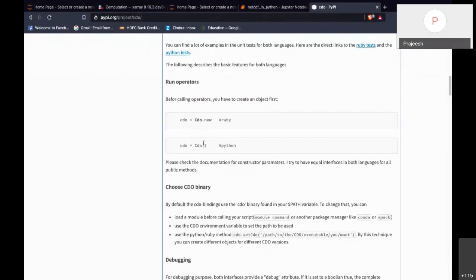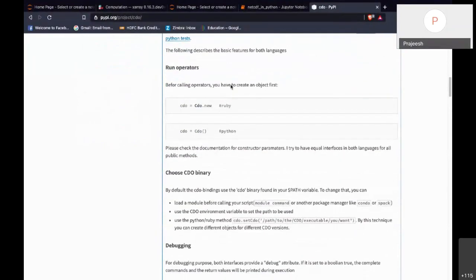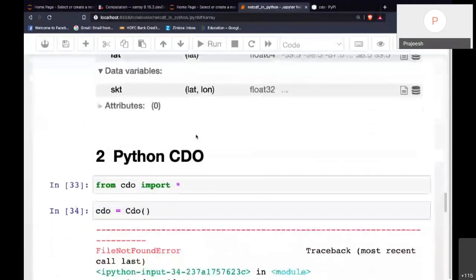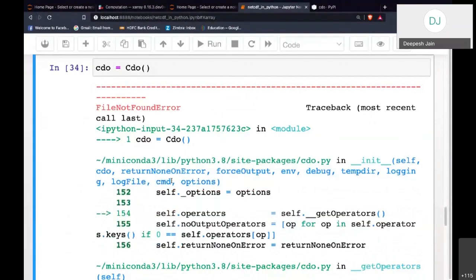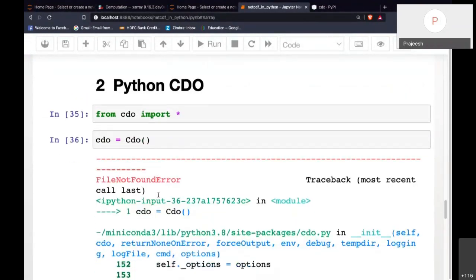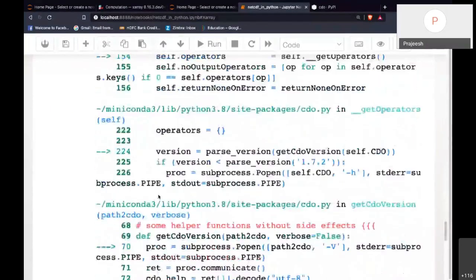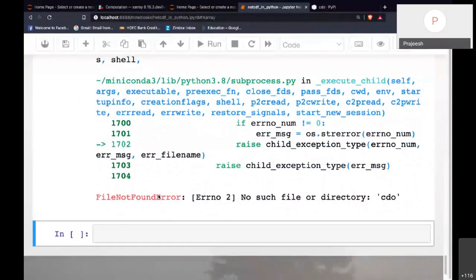Yeah, I'm doing it correctly, if I can create an object first. Maybe start kernel, I don't know. No, it is actually importing it. No such file or directory.